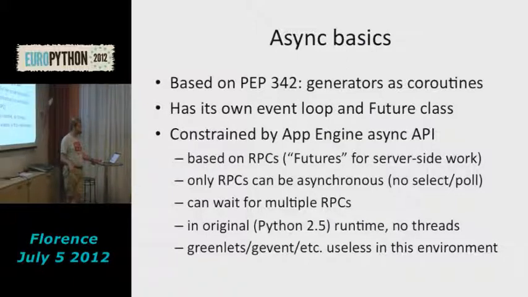So anyway, NDB uses this coroutine mechanism that is enabled by PEP 342, but otherwise not really supported by the standard library. There's no standard library support for event loops or trampolines or any other coroutine-like things. NDB has its own event loop. It also introduces a future class, which is somewhat similar to other future classes. If you're familiar with futures in Java, it works more or less the same way. If you're familiar with the futures in the standard library, in newer versions of Python, it also more or less works the same way, although for various practical reasons, the API is slightly different.